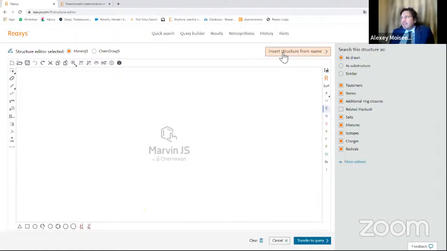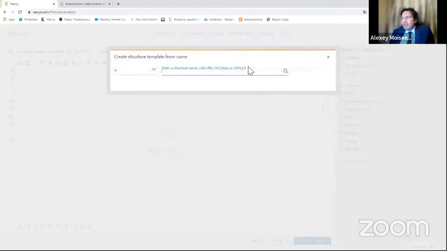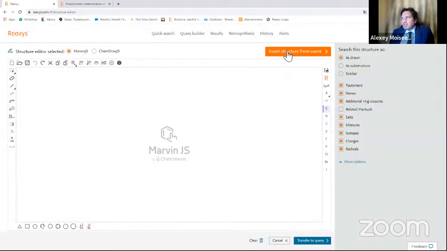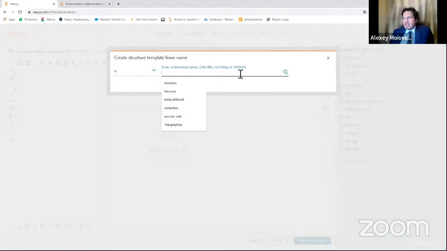You can, for example, insert structure from name, use a special tool, click insert structure from name, and type some name of the substance that you are interested in, for example, dimebon.